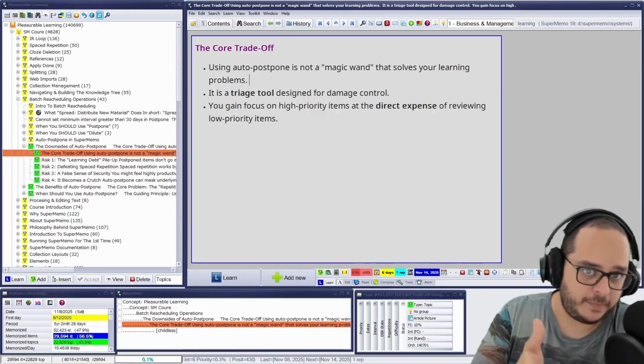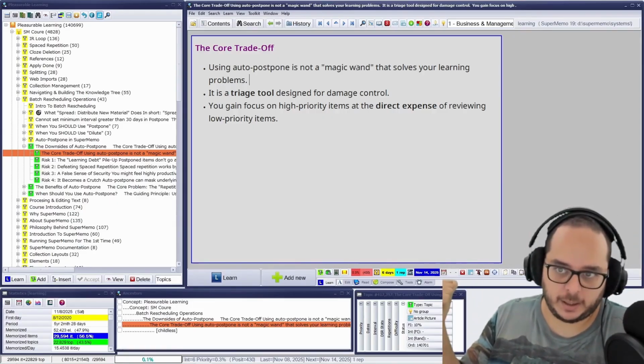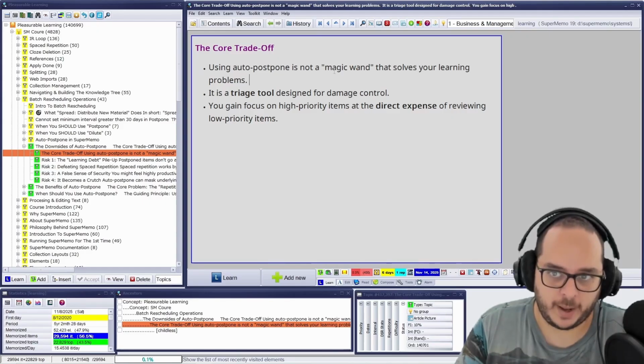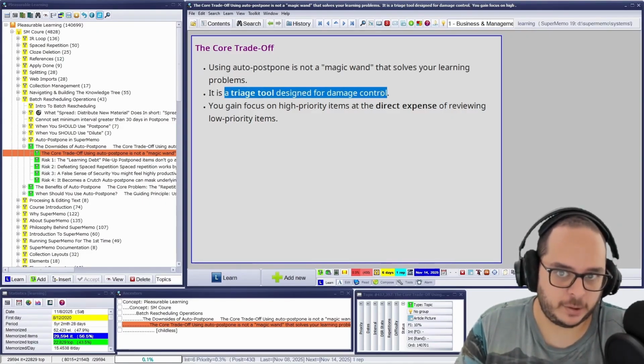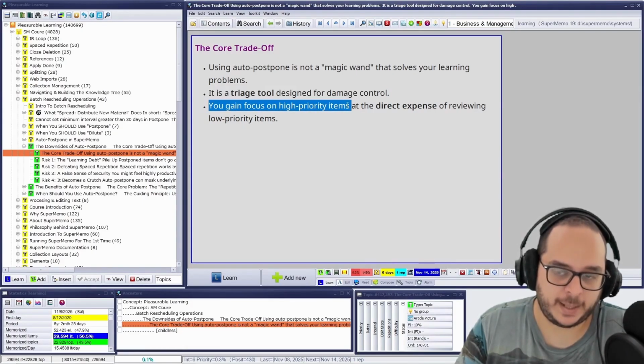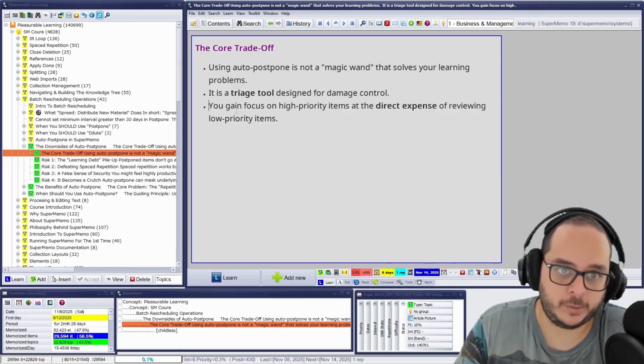If you have it off, you're also giving up something else. It's not a magic wand. It's a triage tool, damage control. So you focus on higher priority items and elements, not just items, at the expense of reviewing lower priority items. You're not going to see those.